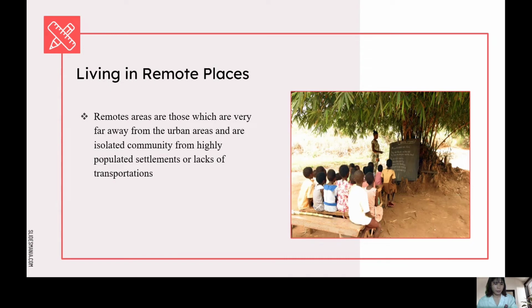Geographic isolation is living in remote places. Remote areas are those which are very far away from the urban areas. They are called rural areas, isolated communities from highly populated settlements or lacking transportation. An example of it is the province, where there is a lack of transportation. That's why many Filipinos living in the province, naglalakad lang po sila para lang makapasok sa eskwelahan. So next is